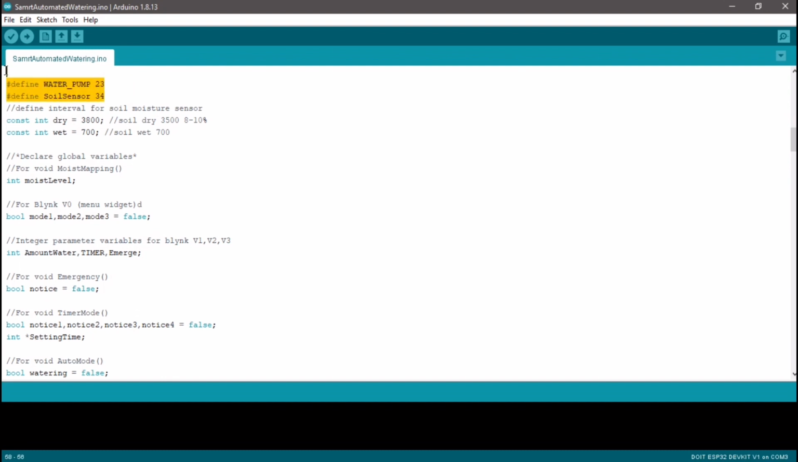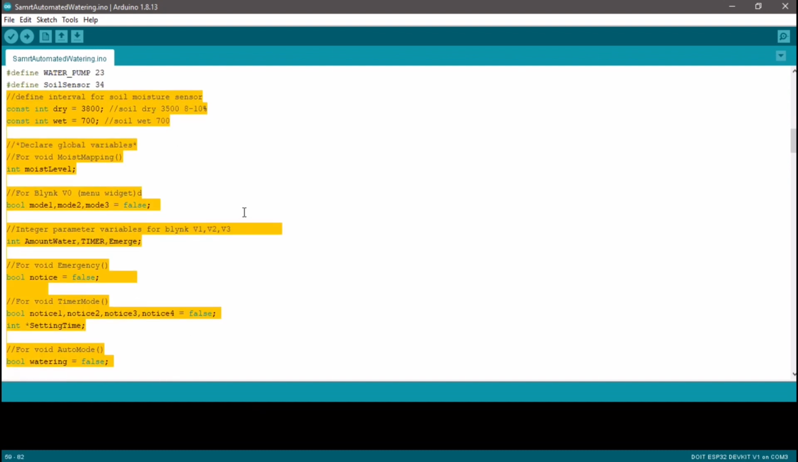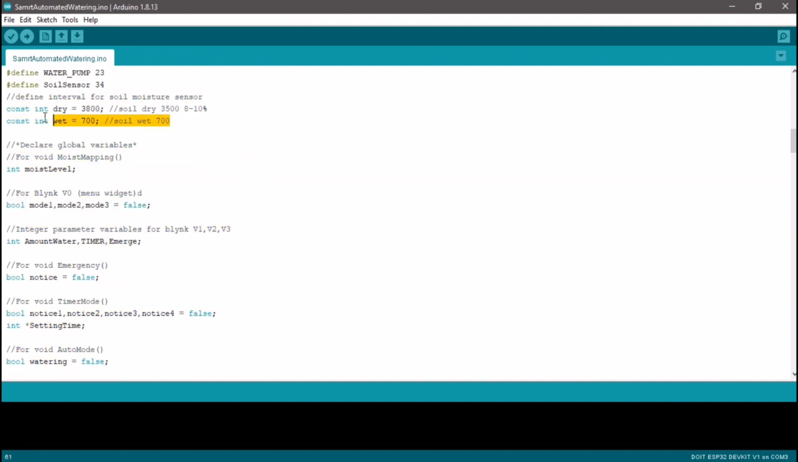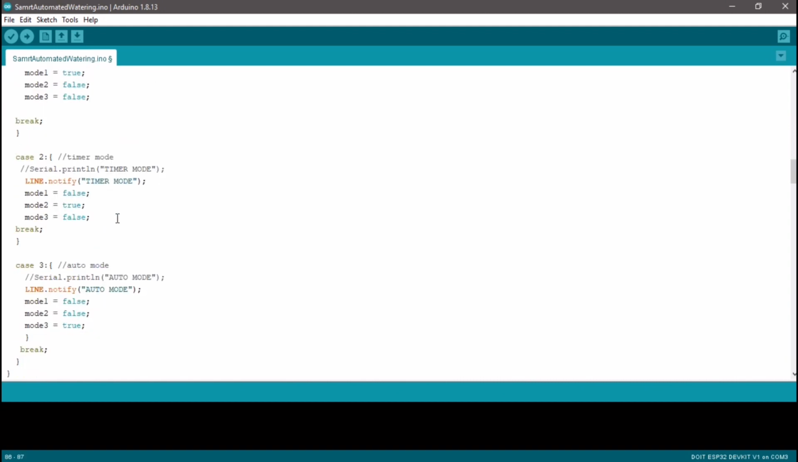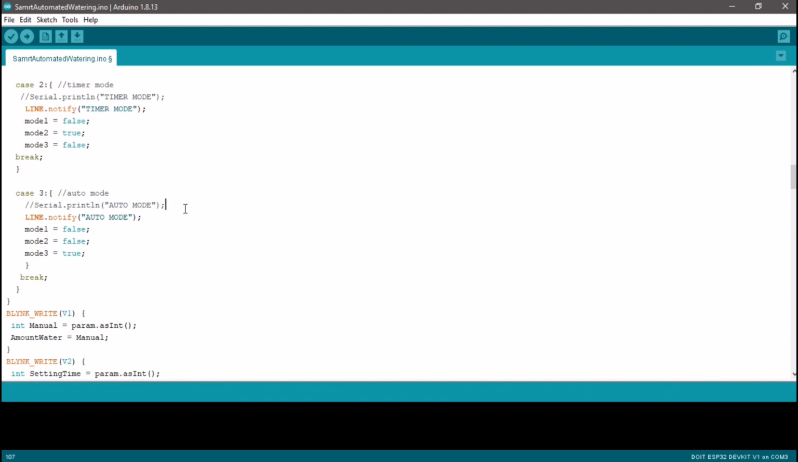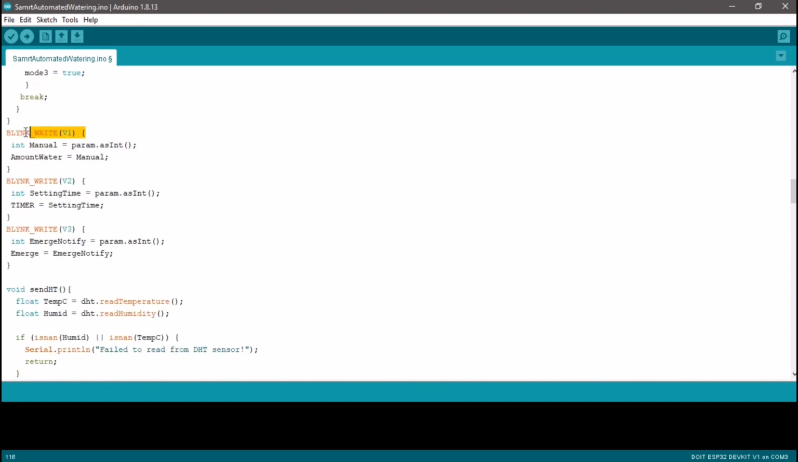So we define the pins and our global variables. Here is my sensor interval. I will show the experiment of how I defined this value at the end of this video. This function works for the menu bar, and it works by switch case: menu mode for case 1, timer mode for case 2, and auto mode for case 3. And the Blynk write V1, V2 and V3 are for the slider,